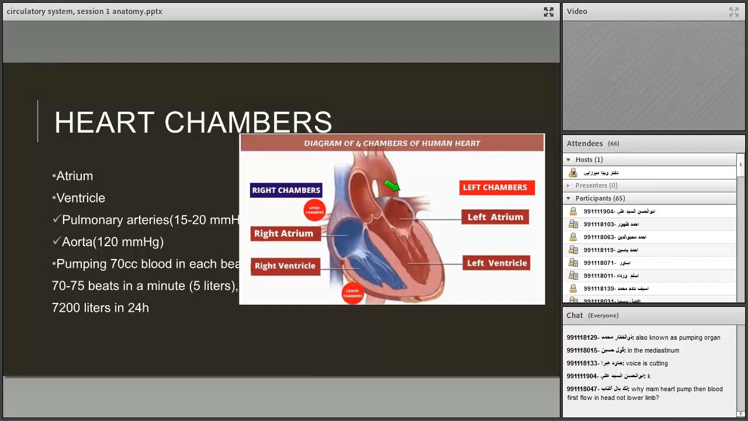Why does the heart pump, then blood first flows to the head, not the lower limb? I can't understand your question. I will explain about the heart pumping. Listen,